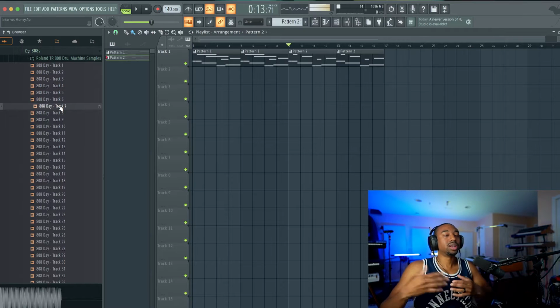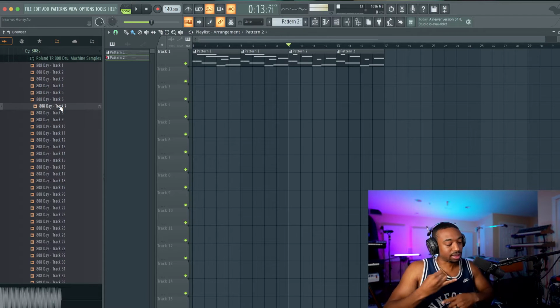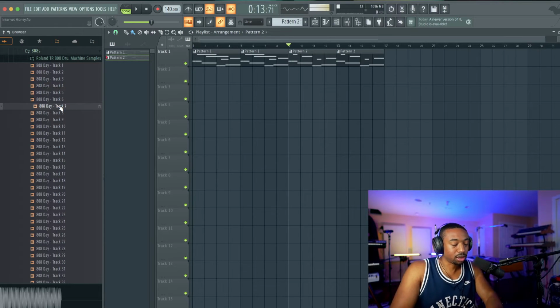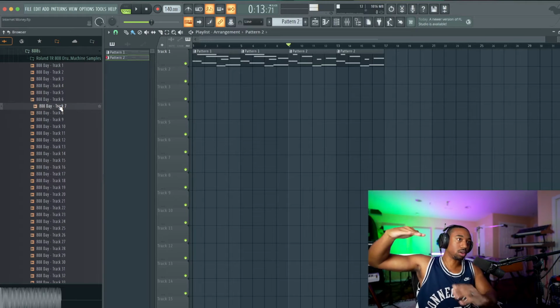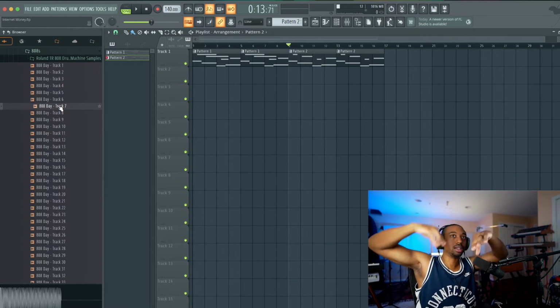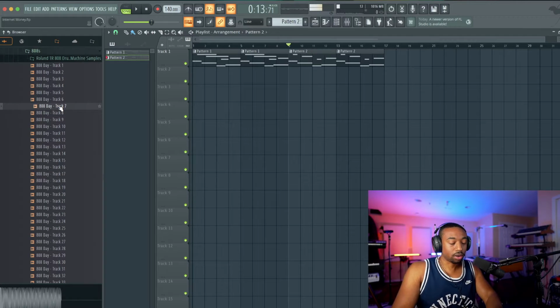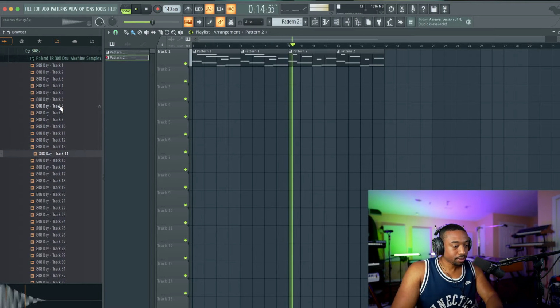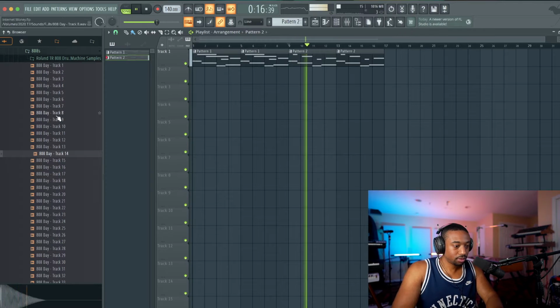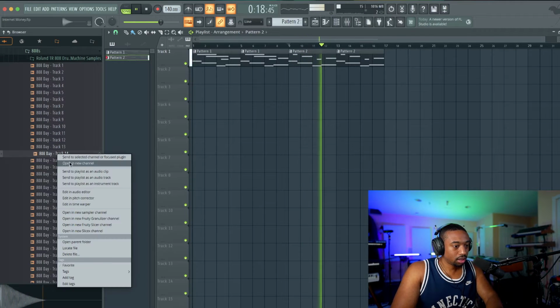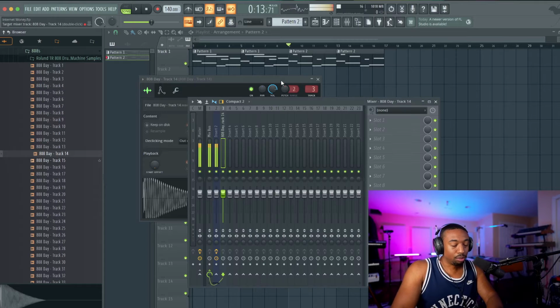Now you have to determine, what is the 808 doing? Is it there to bounce? Is it there for tone? What's the 808's purpose? Tonal 808s are more long and not up and down, whereas bouncy 808s are more up and down. There's a lot more curvature to it. Here's a nice 808. So in this case, we're going to use this as an impact sound.